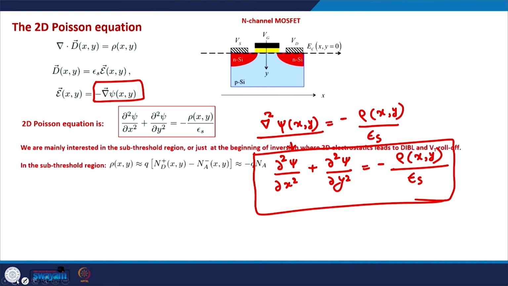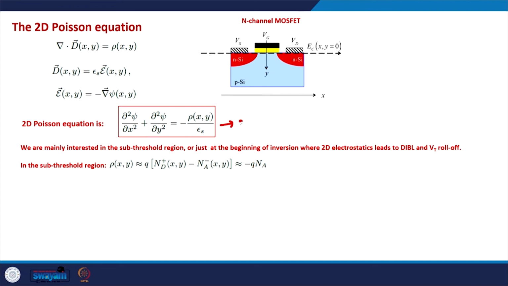And if we quickly recall the 1D Poisson equation, it looks like this. So, this is the 2D Poisson equation. The 1D Poisson equation looks like this, and generally